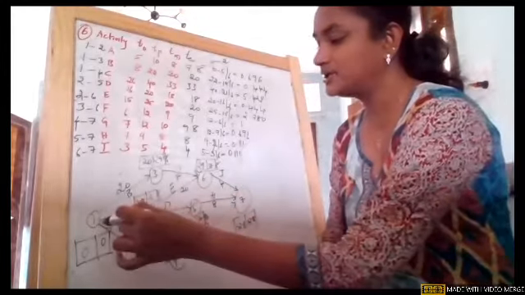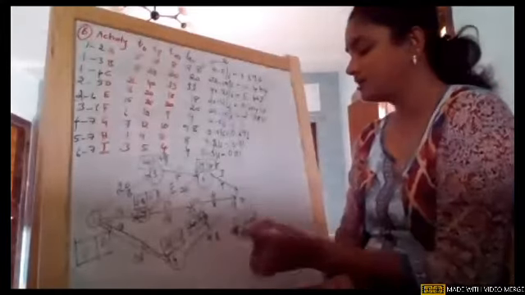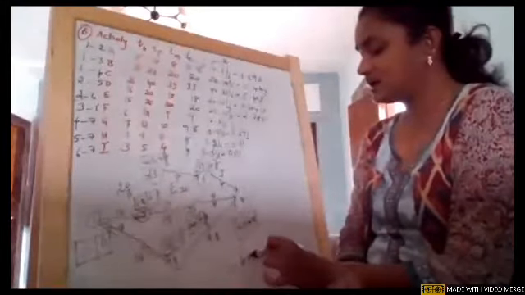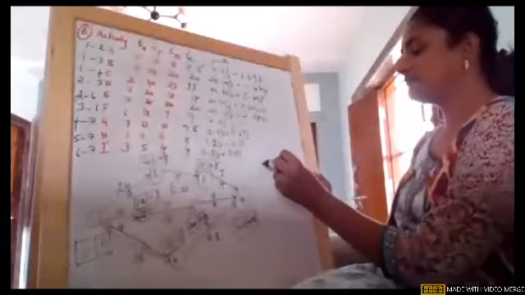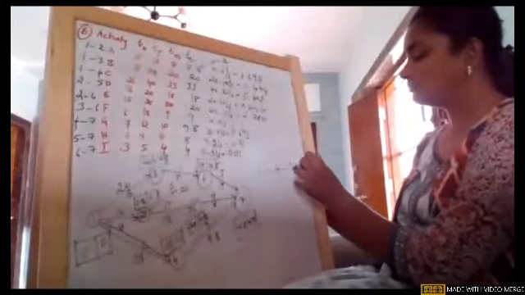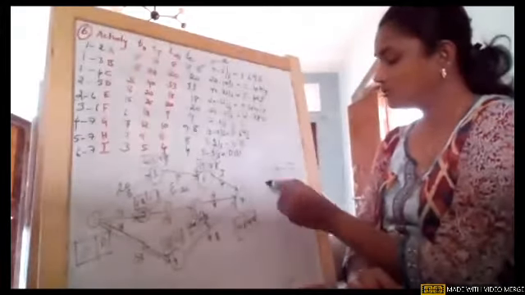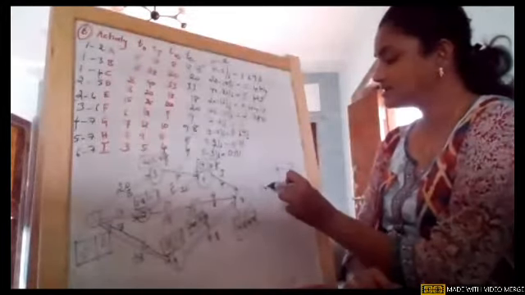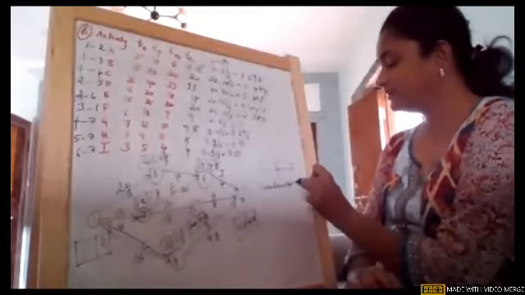So the critical path is 1 to 4 and 4 to 7. Simple, the critical path is 1 to 4 to 7. Girls, in part, there is one step which is extra. So 1 to 4 to 7. I think the duration is in weeks only. So the duration is 42.8 weeks.